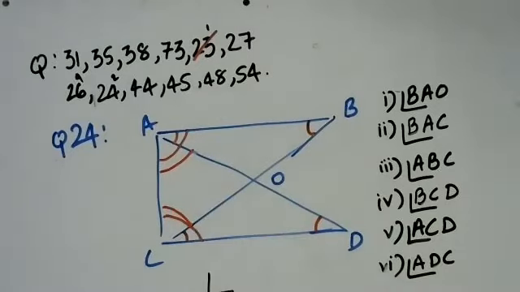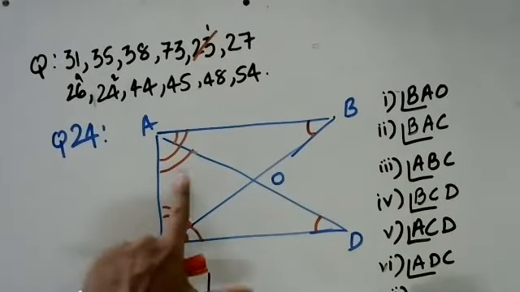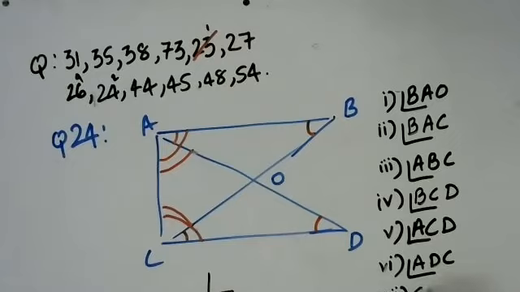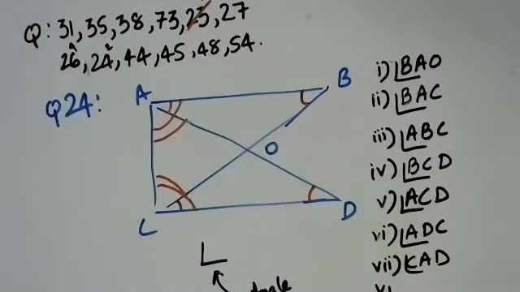The angle can be made outside also, not outside the shape, but you can make a straight angle. So I missed out this angle. So that should be CAD. OAC and ADC are same.